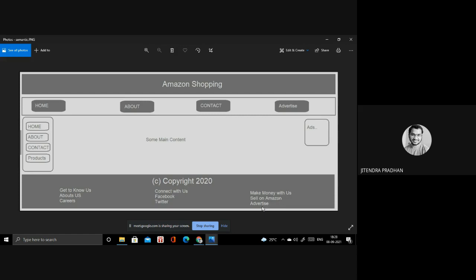Okay, if you require a search bar in the header, you can. If you want to give social media icons, you can, below that in the footer. You can do more than that, but I will design something basic, so you see how we need to design a website by using semantic tags. Okay, let's see.